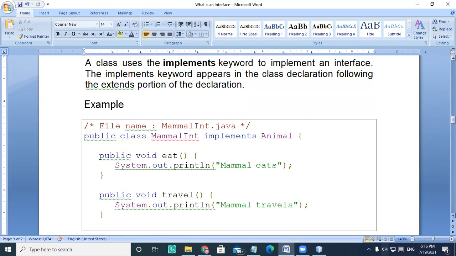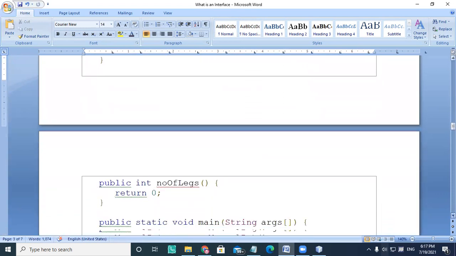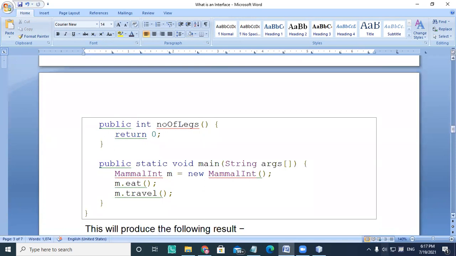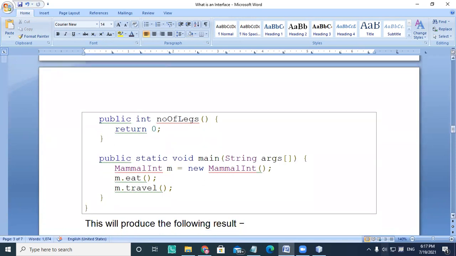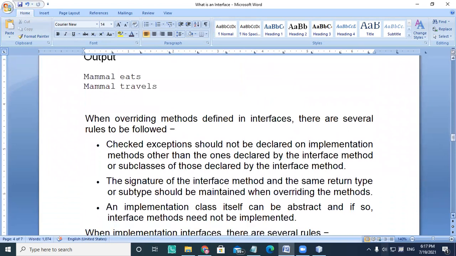If I create a class called Mammal, and it implements Animal, then the mammal eats and the mammal travels. Whatever the class is, I will write the body accordingly. This is the example. If I create the object of my class, I'm able to call the respective methods, which are abstract methods, because I have created a body for them.